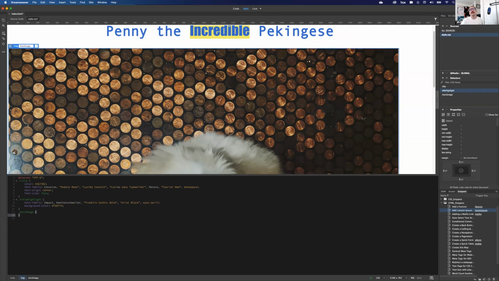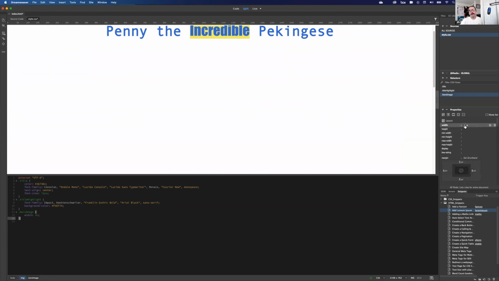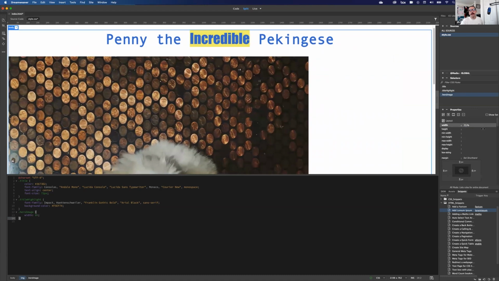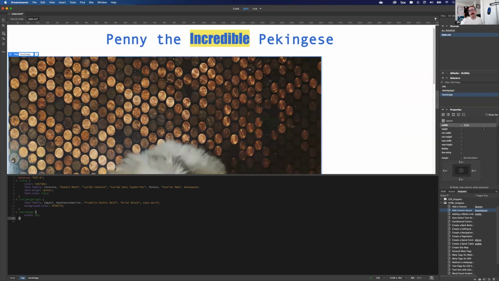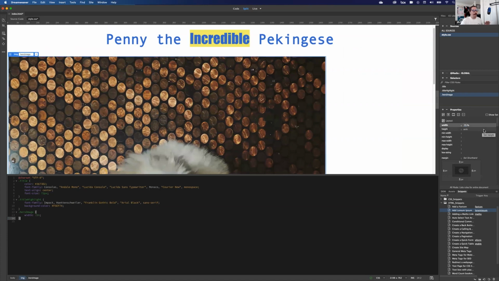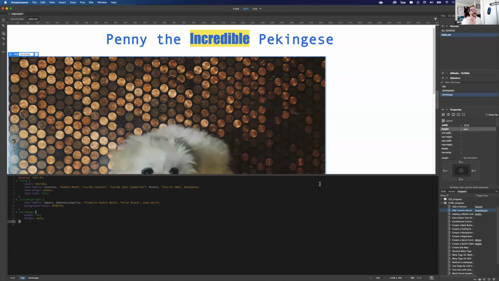So let's go to CSS designer, choose heroImage. And what I want it to do is I want it to be smaller. So I'm going to choose a percent, and I want it to be 75% of my container. So that's not 75% of the original image size, that's 75% of where it lives. And then I'm going to make the height auto so that it doesn't stretch it like that. So if I save,